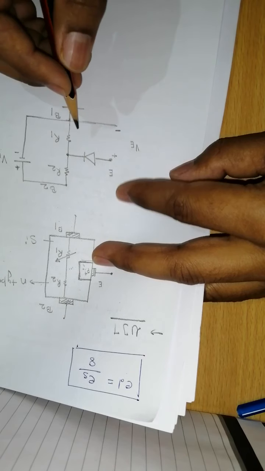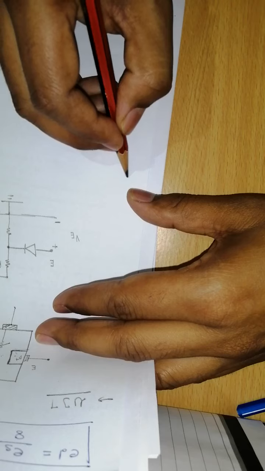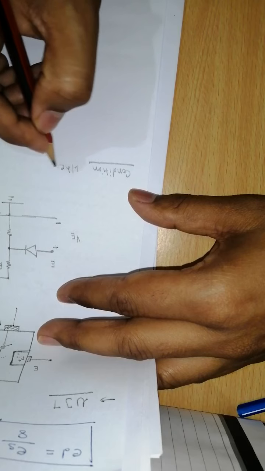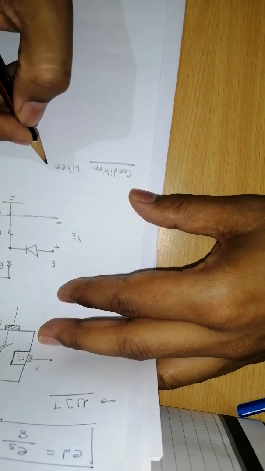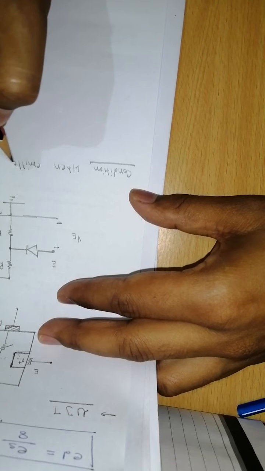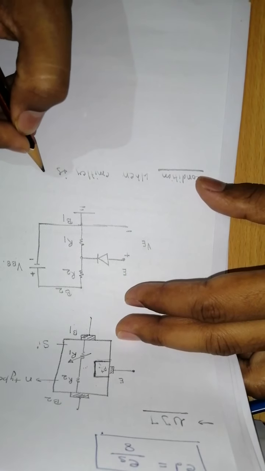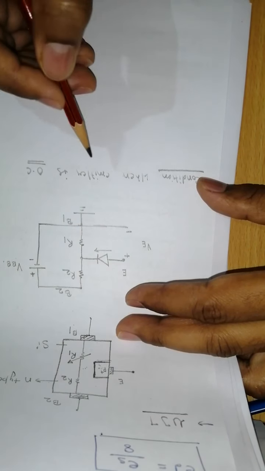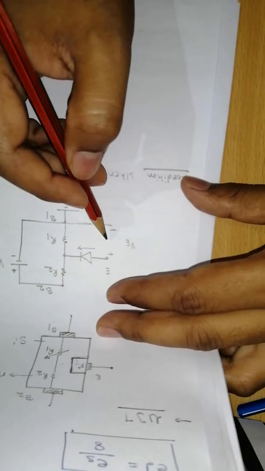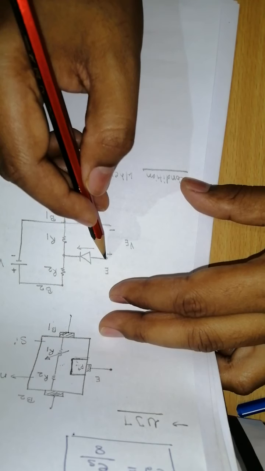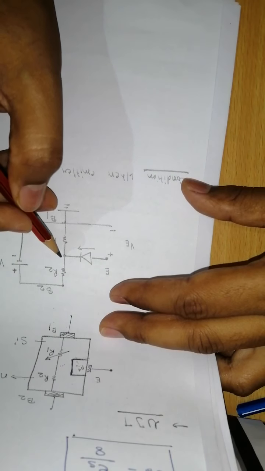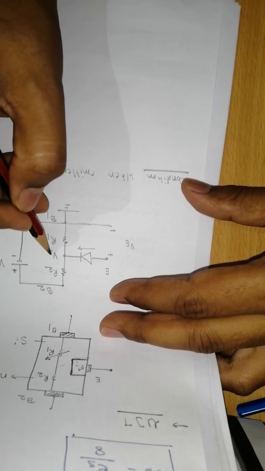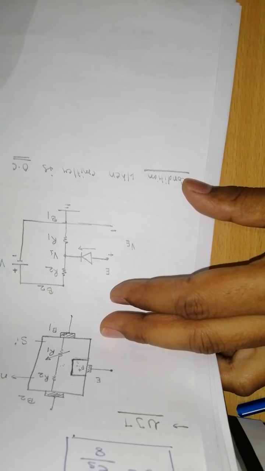So the condition that we are assuming is when the emitter is open circuited, meaning there is no current flowing from this terminal. We are not applying any biasing voltage to the emitter terminal. In this situation, what will be the voltage here? Suppose I mark this potential by the name V1.